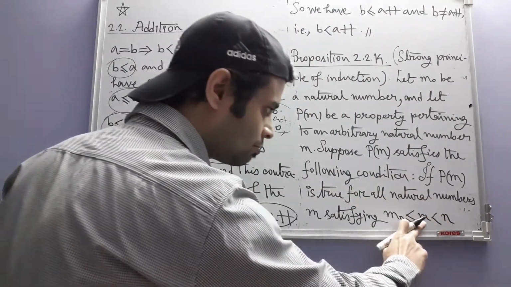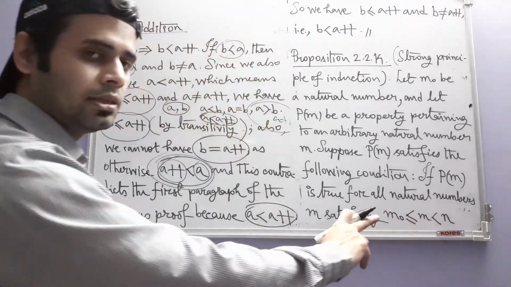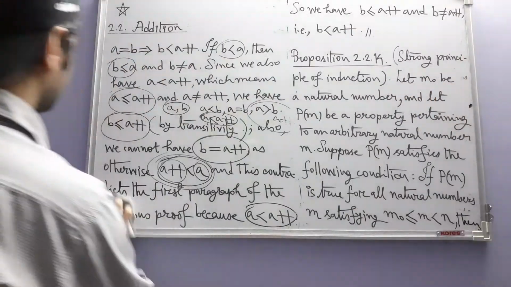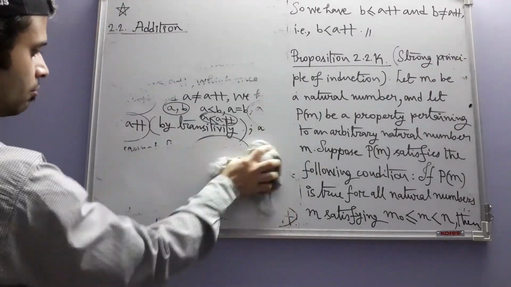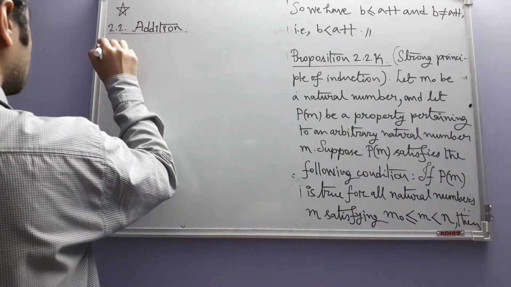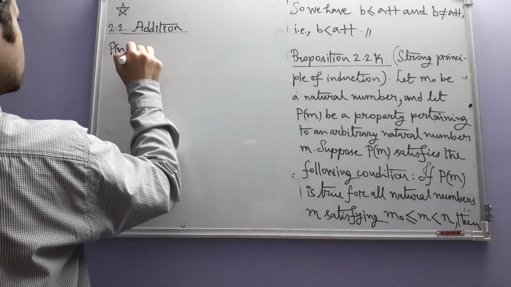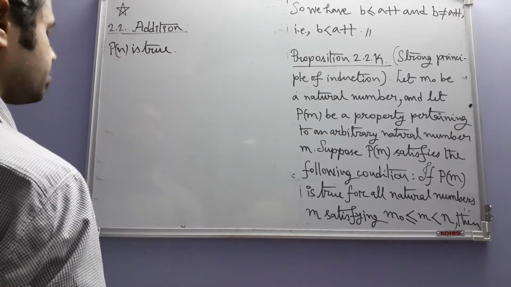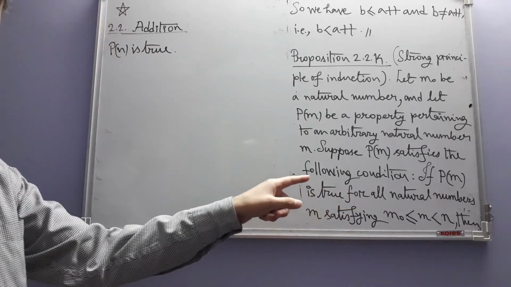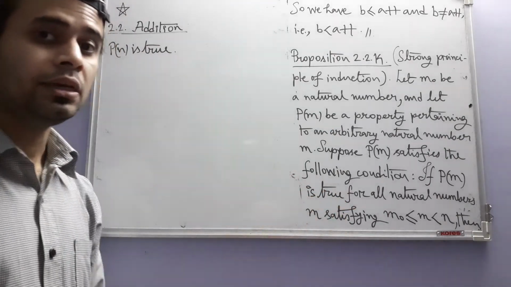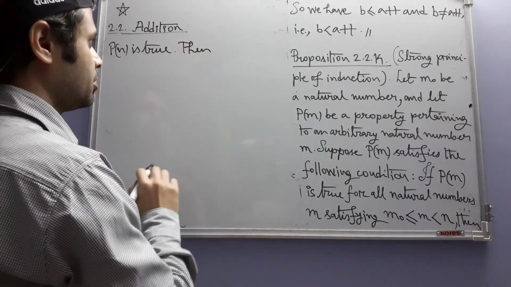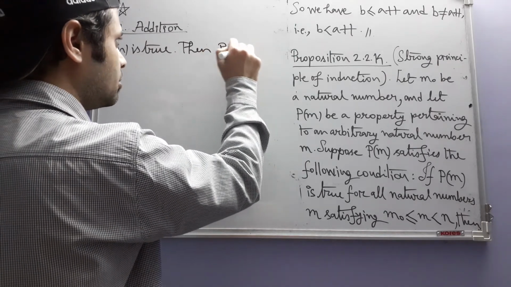If P(m) is true for any natural number m satisfying these inequalities, then P(n) is also true. Okay, so this is the condition we are enforcing on P(m). If this is the case, then the conclusion of this principle is that